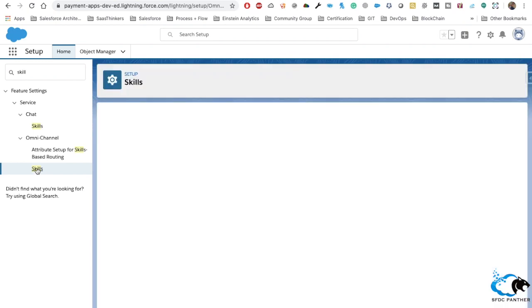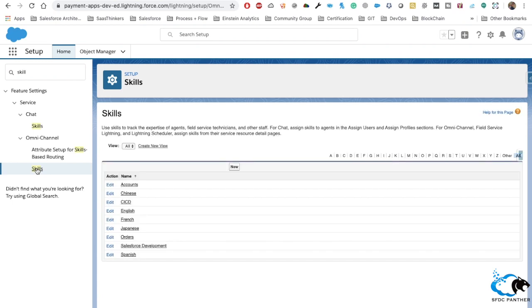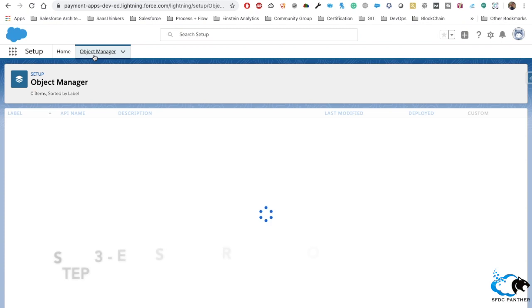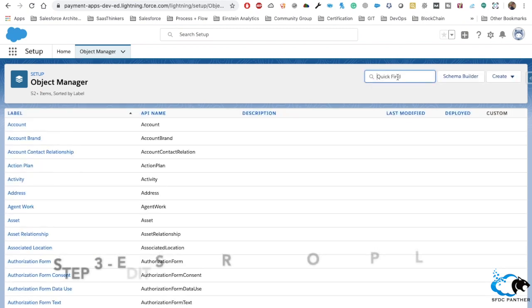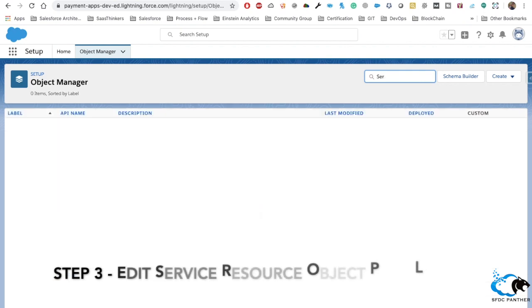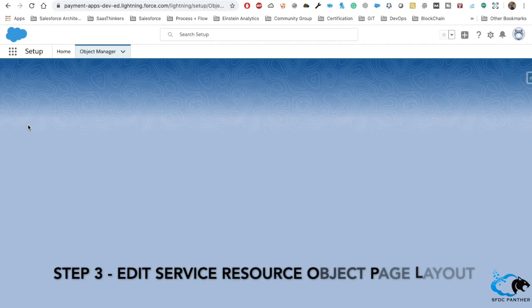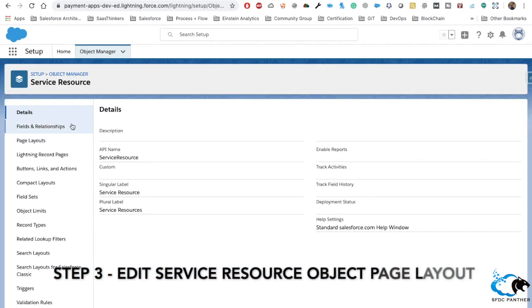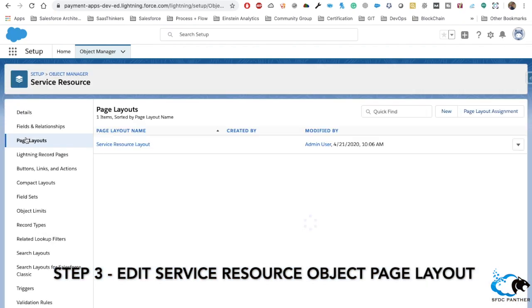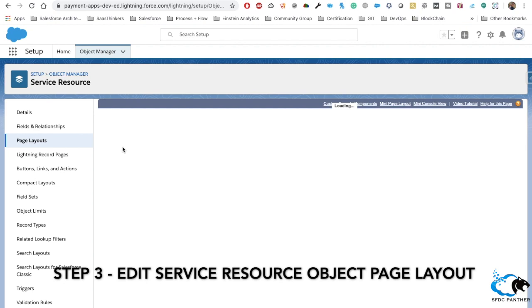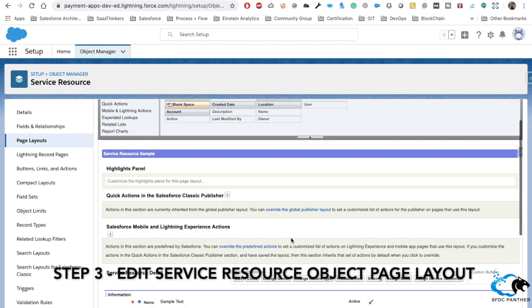Next we need to go to the object manager and change the page layout. Quickly get back to the object manager and find the object called service resource. Let's quickly go to the page layout and edit it. If you don't have a page layout, please feel free to create a new one and then add the required fields.